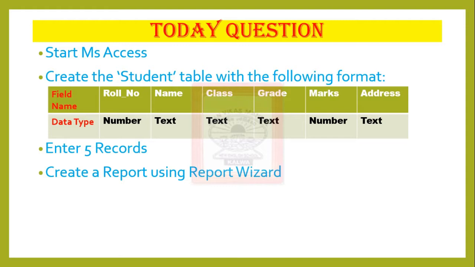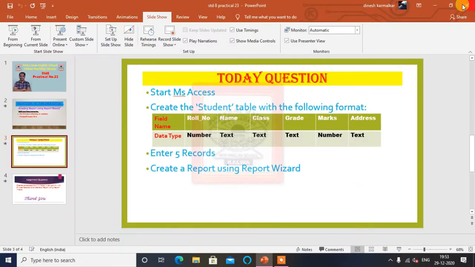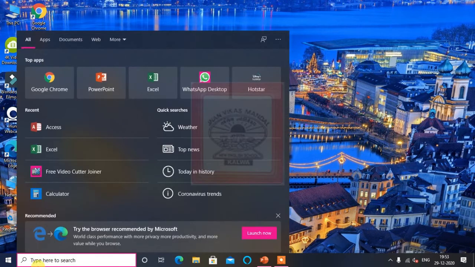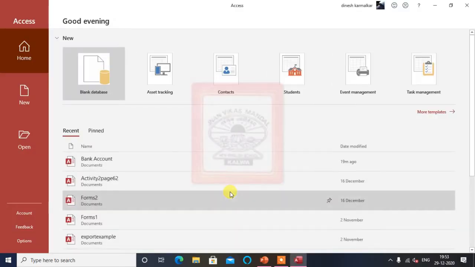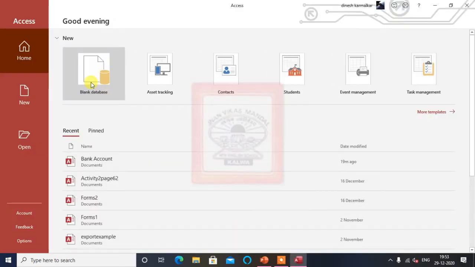So first of all, quickly we will open our Microsoft Access blank database. So I am going to create a blank database.